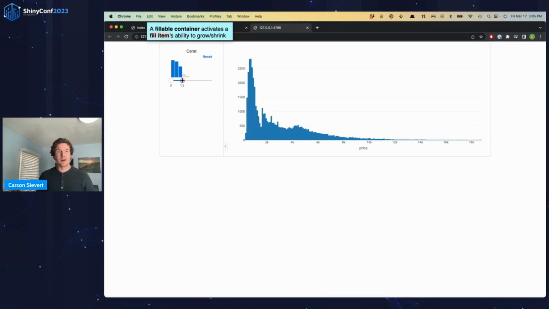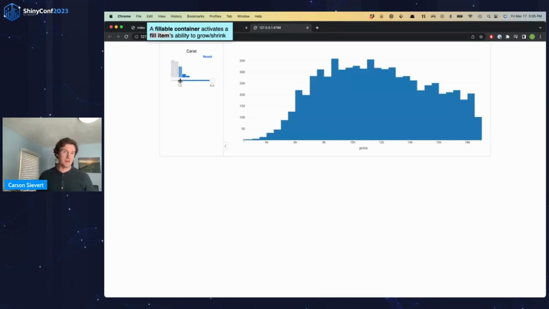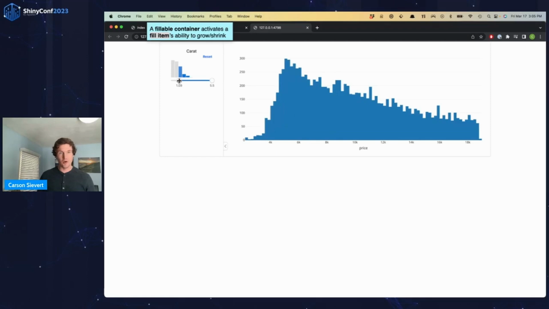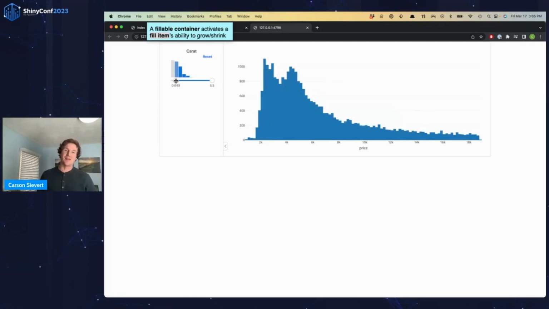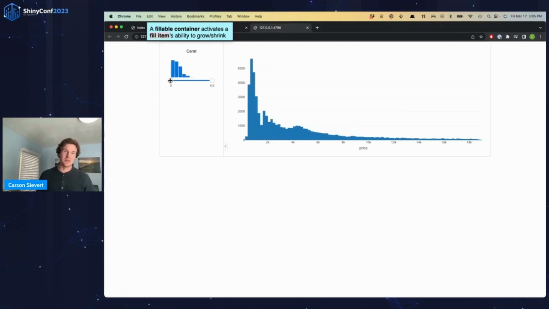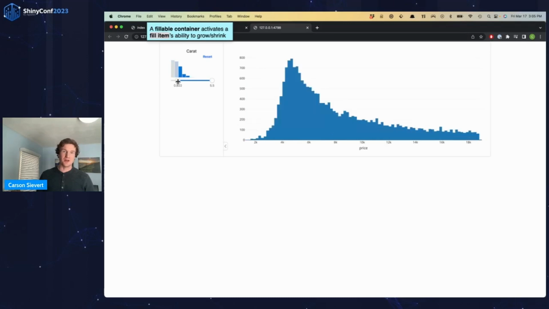But if I filter on diamonds that are a carat or more, you can see that, obviously, diamonds that have a lot of carats are more expensive. So you can filter on a carat or more, and be aware that there aren't a lot of diamonds that are a carat or more, but they're more expensive.